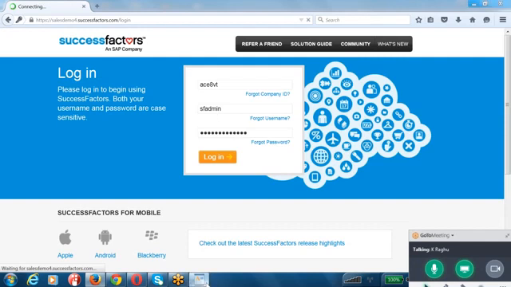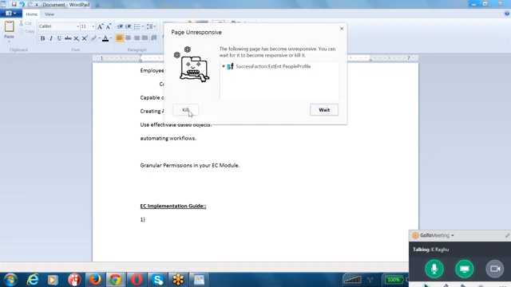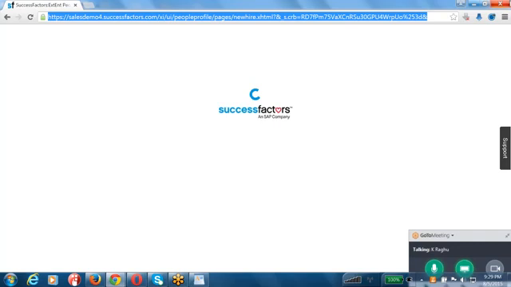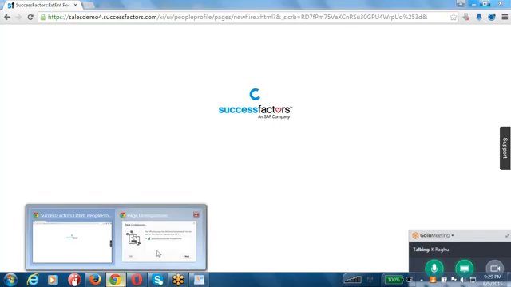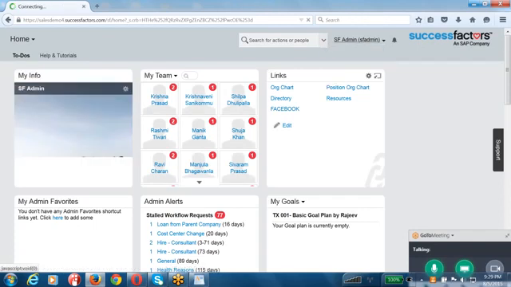So going back to your implementation sequence, Employee Central module implementation sequence, there is a 14-step implementation sequence that SAP SuccessFactors recommends all the clients to follow. And the first step in your implementation sequence is, okay, guys, one second. It seems I have a problem, it is hanging here. Okay, so if you go here,